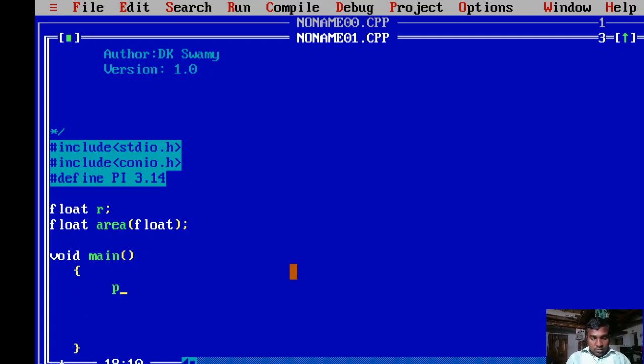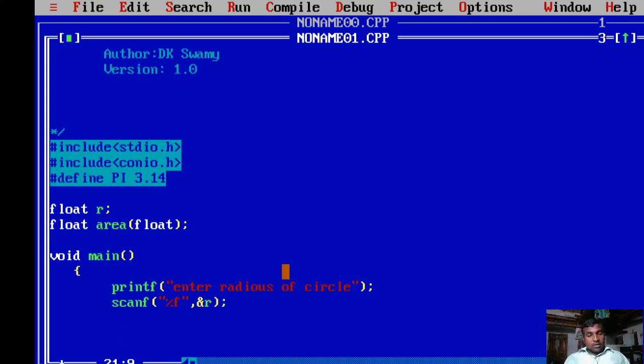So printf enter radius of circle, scanf percent f, address of r. So r is a radius.